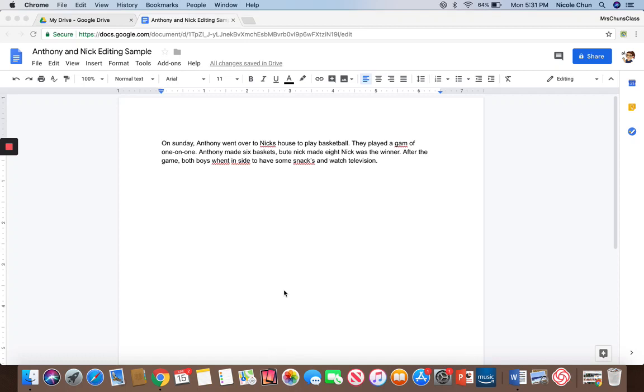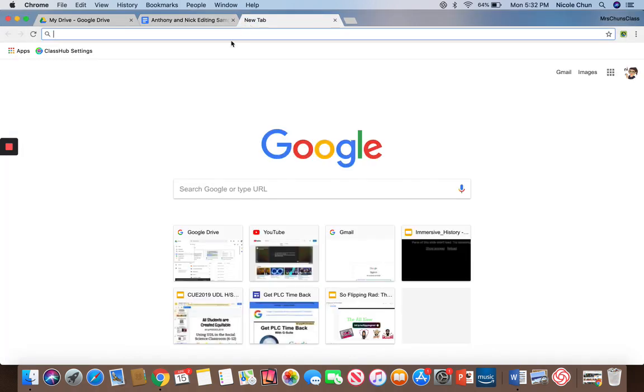Hey everyone, so I want to show you an extension I like to use, especially when I'm learning a new tool and I want to be able to watch the tutorial video and work at the same time, and that's a split tab. So I'm going to open a new tab